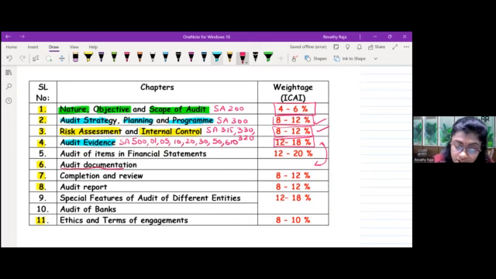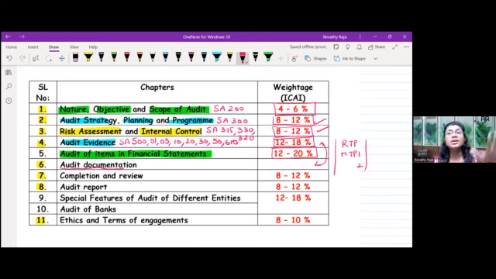Now going to the next chapter, which is nothing but audit of items in FS. Yes, this is one of the chapters which is very huge, and just see the weightage, guys. If you have gone through the RTP, MTP1 and MTP2, you have seen the case scenario mostly starts with audit of items in FS. And don't stress out yourself, thinking, oh my God, we have a lot of items in FS. First, study the assertions. Then there is some flow in which you can learn. There are certain common points, and it's more of common sense and application level.